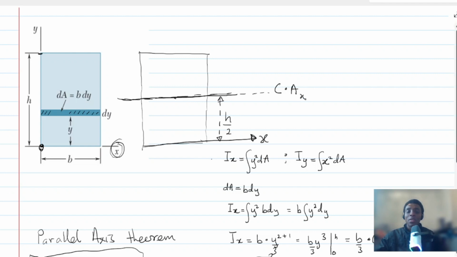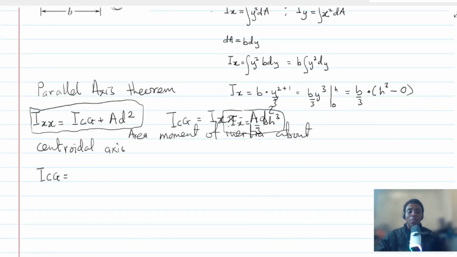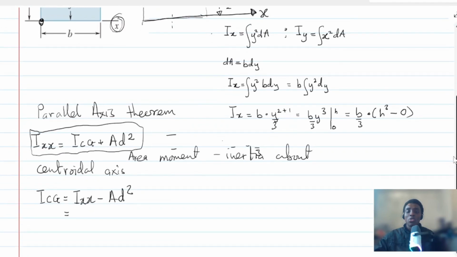In fact, we can do the same thing for the y, and it's also going to pass through exactly 1/2 through the height. Okay. But first of all, let's do for the x. Then we come and do for the y. So considering the x, in this case, we want to use this formula, which we have used already. Okay. So we want to say that ICG is going to be Ixx minus AD squared, which is given by Ixx. We solved it already, and we're able to show that it was 1/3